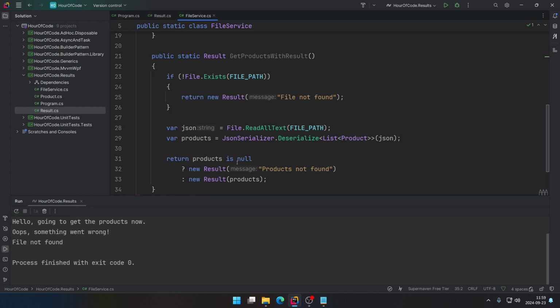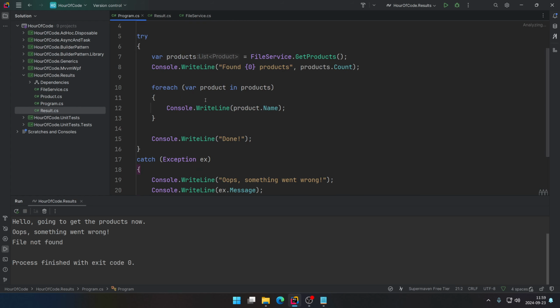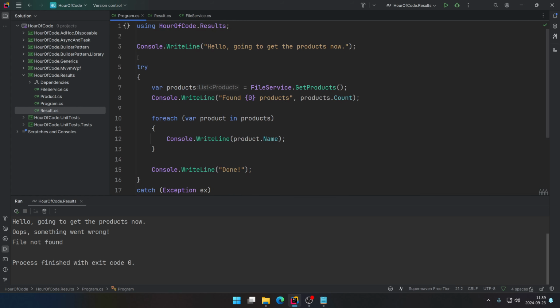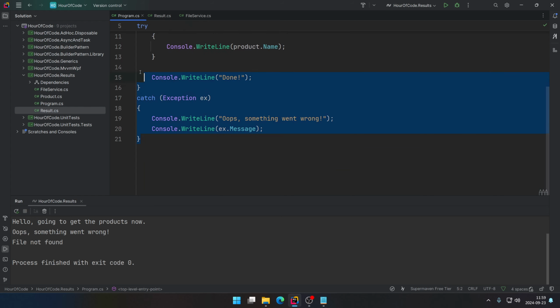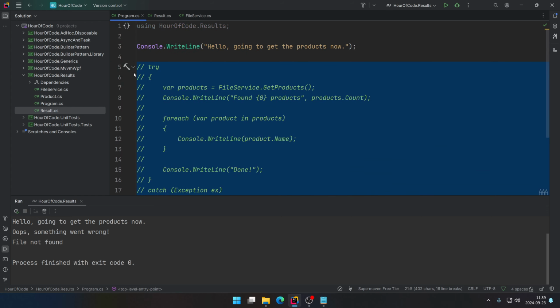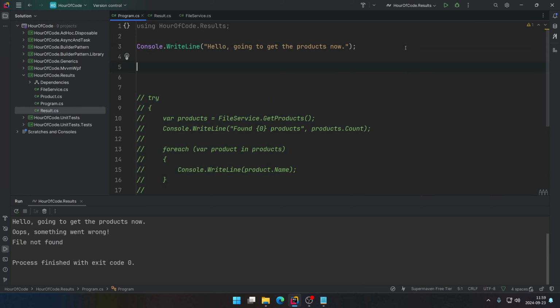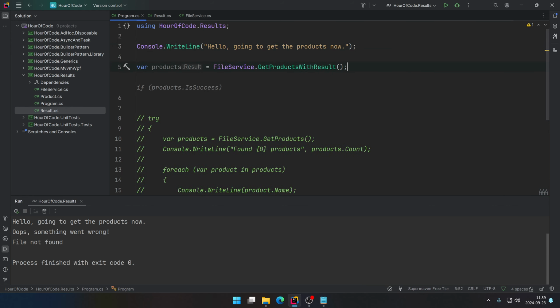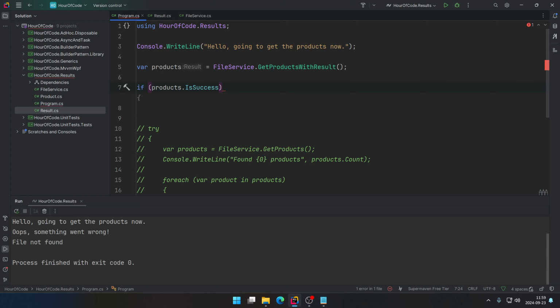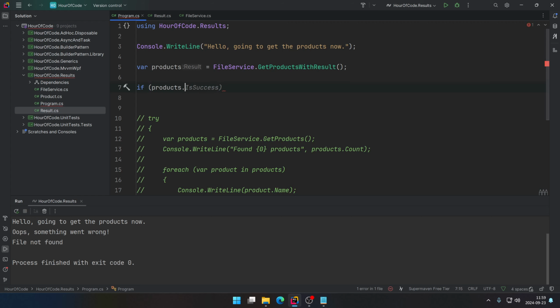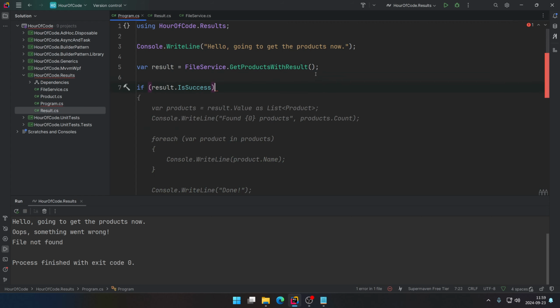This is now a result version of this, and we can use that from out here. So we could comment all this code out, and we would instead do var products equals GetProductsWithResult, and we would check the success value. Now this is important, because while technically we can do, oh, that should be like var result, we could do if result dot